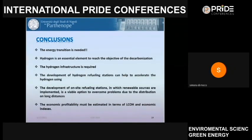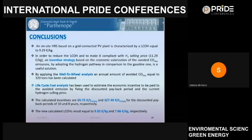Okay, in conclusion, what can we say? According to the stringent conditions for reducing CO2 emission, the energy transition is needed. Hydrogen can allow us to perform this transition, especially if we want to use hydrogen in the mobility sector. To do this, we have to develop the hydrogen refueling infrastructure for assuring the refueling, obviously. What we have done in this paper is to perform a techno-economic analysis of an on-site hydrogen refueling station. For it, we calculated the best levelized cost of hydrogen equal to 9.29, and in order to reduce this value, we proposed an incentive strategy